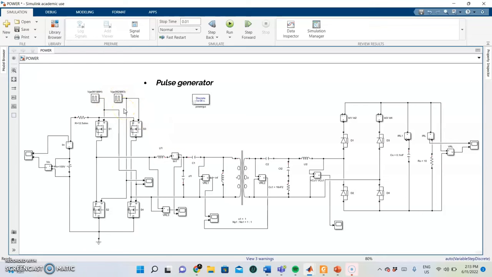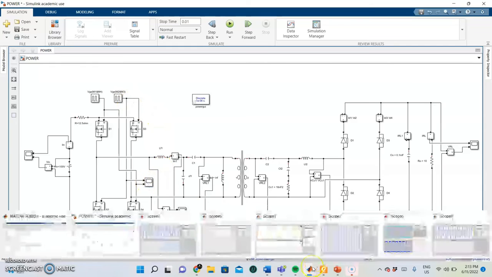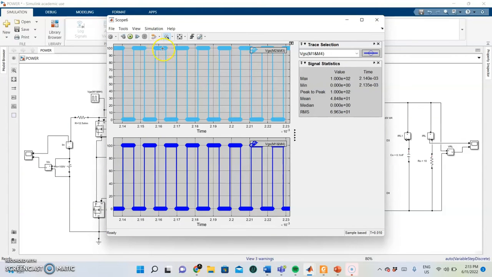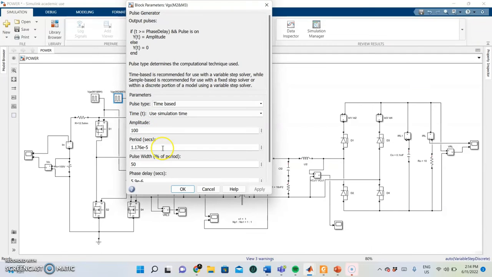Two pulse generator blocks were used to generate square wave pulses. The output waveforms can be observed using scope number 6. From what we can observe here, if one of the generator blocks produces 100 watt, then the other one will produce 0 watt, and vice versa. The output waveform is determined by the block amplitude, period, and pulse width. Since we are going to set our system switching frequency at 85 kHz, therefore the period that we set here is 1.176 times 10 to the power of